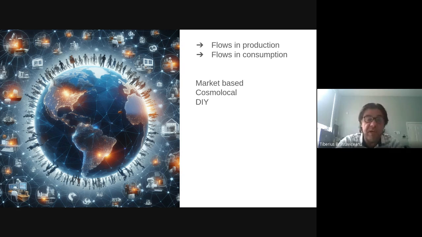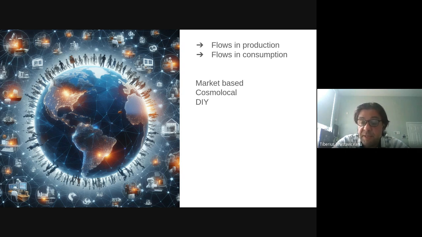Once you have a prototype from that 3D model, then you can actually make it. You can make it in your house, at the local Fab Lab or makerspace, or in a company. A company can take an open source design, fabricate it, and sell it to the local market. So that's the cosmo-local approach, where you can have intermediaries for fabrication and distribution, like a local company that sells locally a product made from an open source design, right?